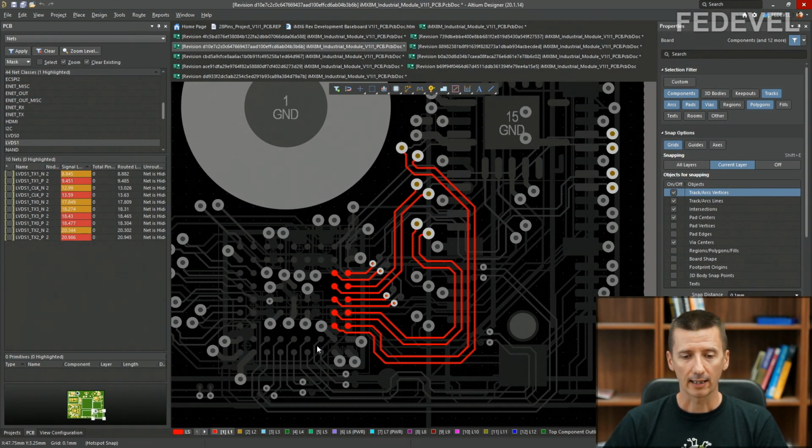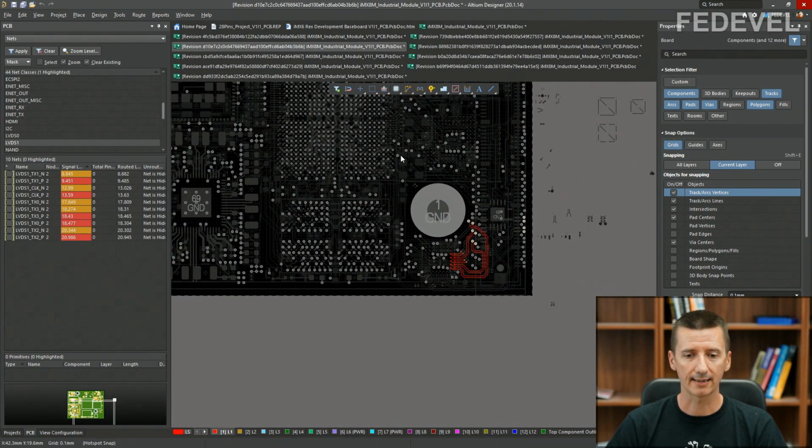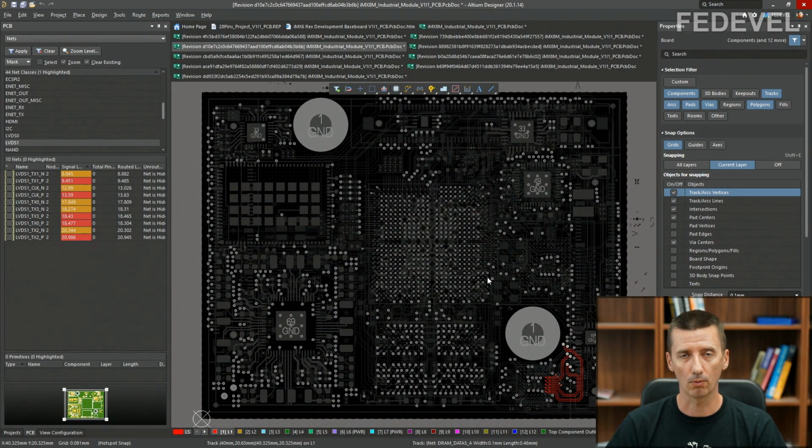So ideally you would like to use the same layers for the signals from the same group, especially if this group needs to be length matched. Why would we like to length match the LVDS interface? Or how would we like to length match the LVDS interface? There are some tolerances, but because we are designing a computer on module, we don't know how exactly the rest of the system is going to be connected to this LVDS interface.